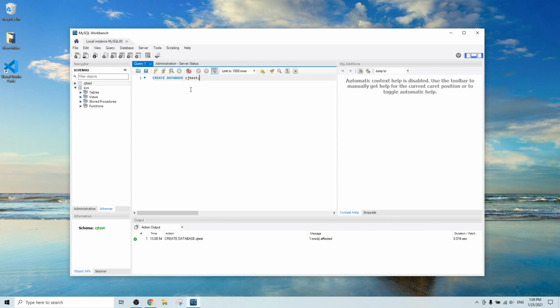To use this schema, you can type in use cj_test semicolon. This will change your default schema to this new database. And let's simply create a new table in this schema. Let's say create table